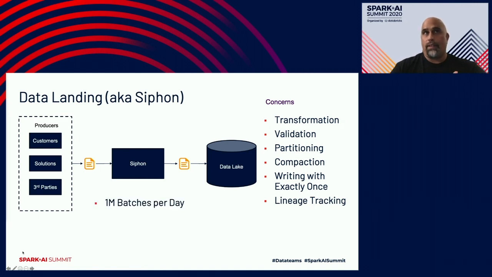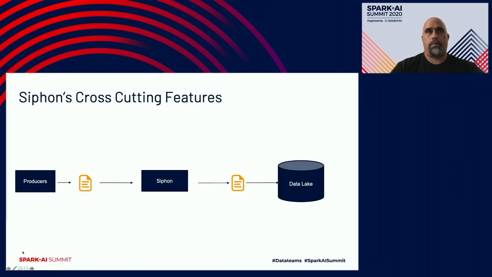Now, even with all that said, at this point in time, we're early on, we're still processing about 1 billion batches per day. That's 13 terabytes, and equates to 32 billion events. So our focus has been on cross-cutting features. And what I mean by that are those features you would find across any big data application, as you would expect. Things like queuing and throttling